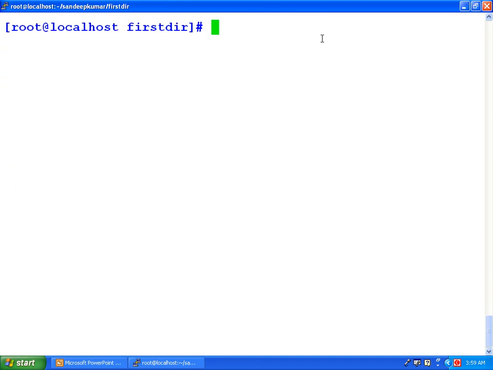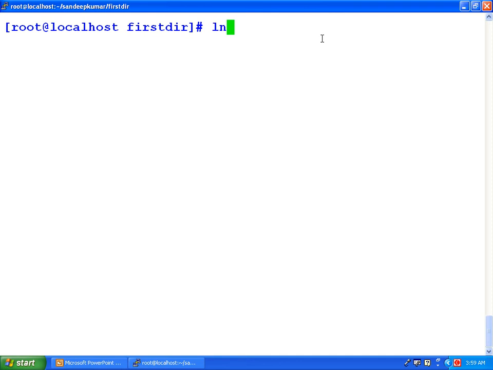Basically, the link command is divided into two categories. That is, first is the hard link and second is the symbolic link. The example we have just seen is used for creating a hard link from one file to another file. Let us see how to create a symbolic link between two files.